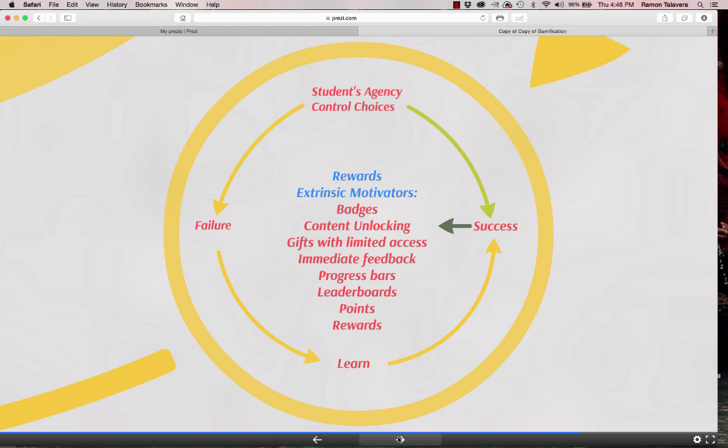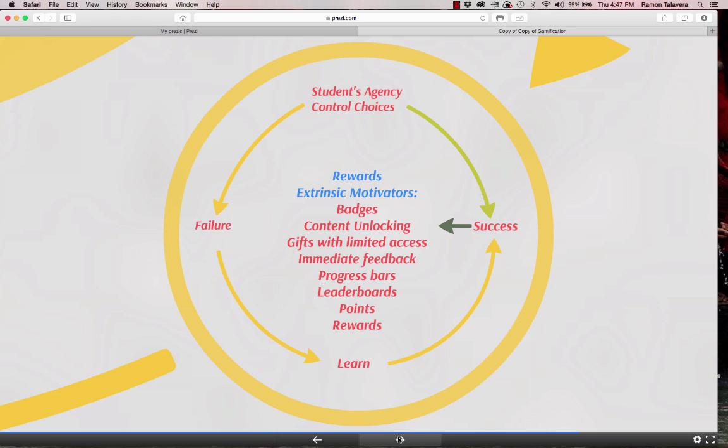One important thing in gamification environments is to give students agency. Sometimes it is convenient to give them the control to choose the activities that they want to do first. By giving agency, students will be able to learn from their choices and learn not to blame anybody for the choices that they make. If a choice leads students to failure, students will have the opportunity to repeat the challenge several times to be able to learn from their mistakes. And learning from their mistakes will eventually lead them to succeed.